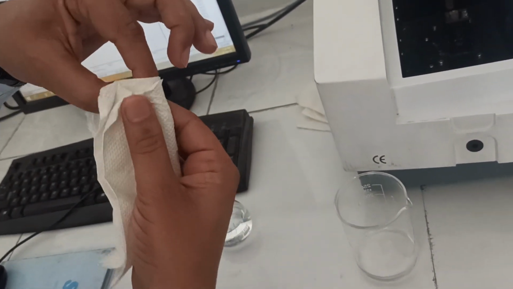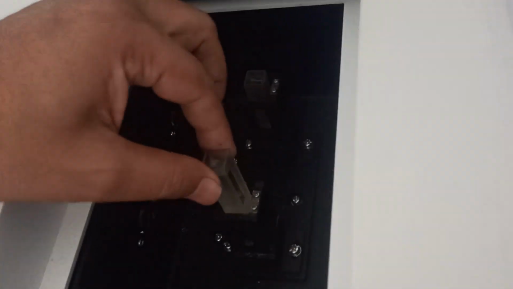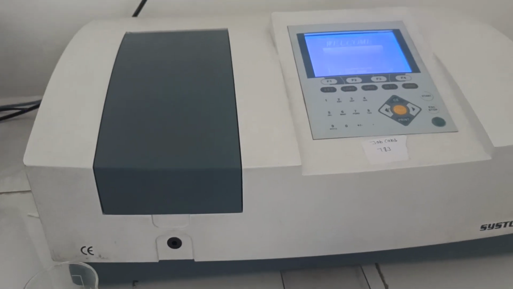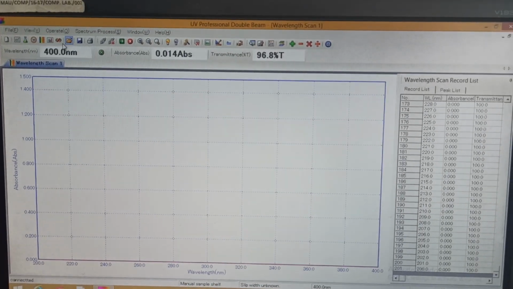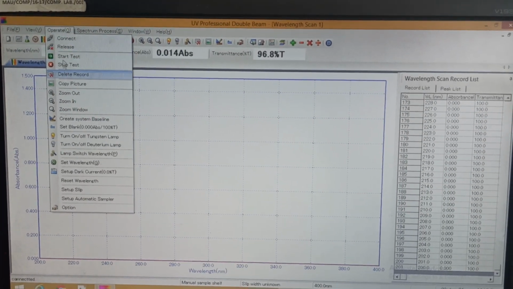Again, place the sample cuvette in the sample compartment and close the lid. Then go to operate menu and click start test.